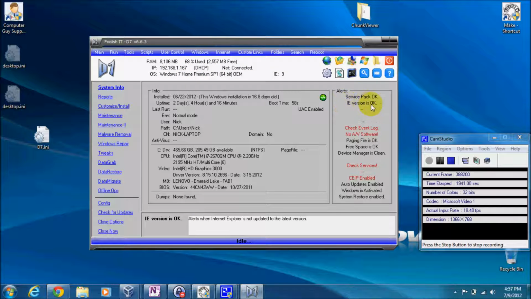Next thing, it's telling me the IE version is OK because I'm sporting IE 9 on this particular copy. If either of these things were not satisfactory, this is the alerts column, so the item would be in red and you would get an alert for that. Now below that, this label here with just 3 dashes is basically inactive right now, but normally,